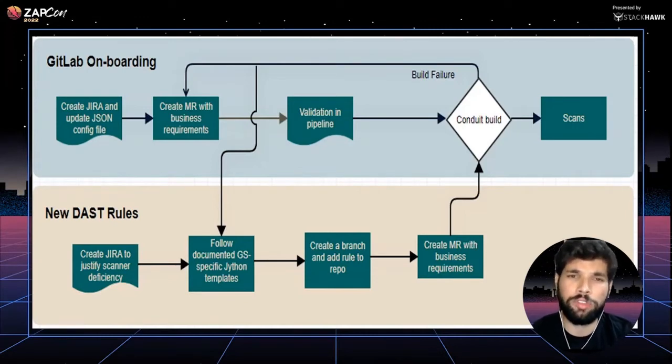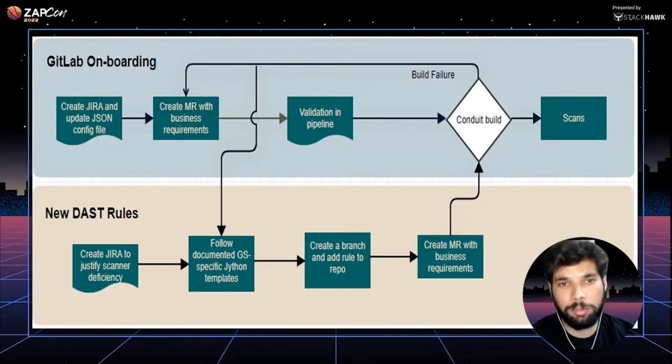So the JSON config file pretty much has a key value pair of all the required APIs that are well documented in our ZAP website, right? So all of these are mentioned in the config file. And for developers who in most cases aren't well aware of what the different things security scans have, we have documented it so that they can have a look at what are the things that one has to provide for a security scan to happen.